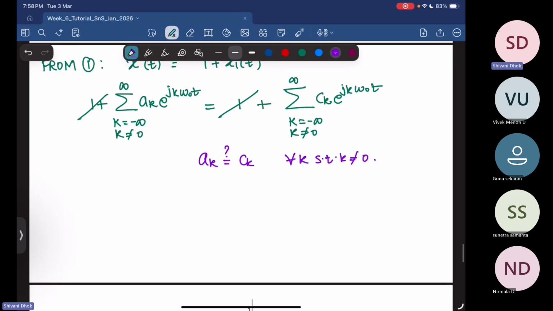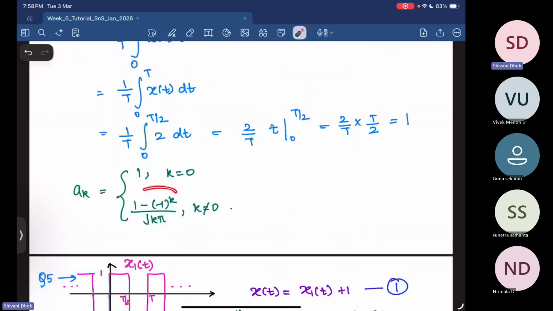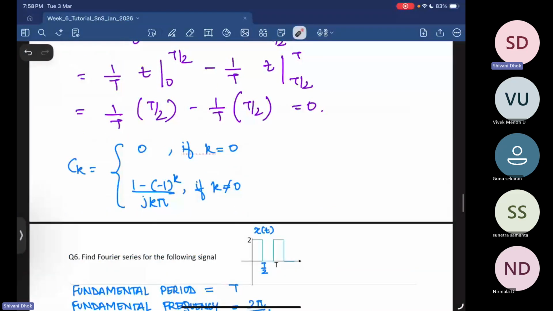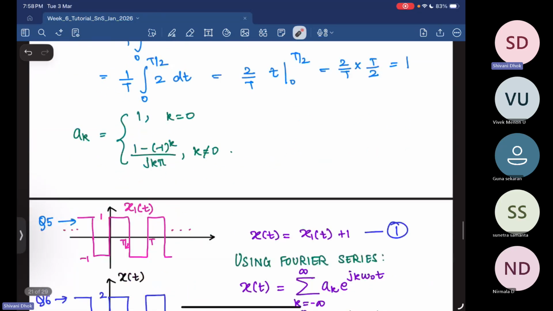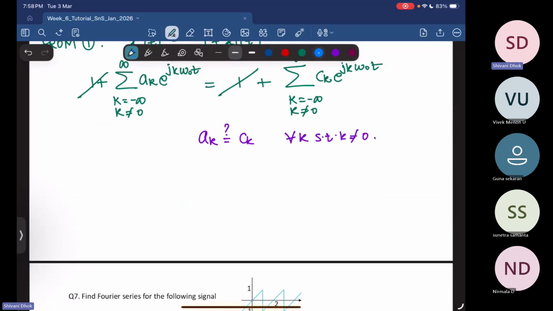Is it the case? So we saw that this ak for k not equal to 0 was 1 minus minus 1 to the power k by j k pi. And similarly, this ck for k not equal to 0, you get 1 minus minus 1 to the power k by j k pi. Okay, so this is what we are able to see. So now what has happened? Okay, you were able to write x of t